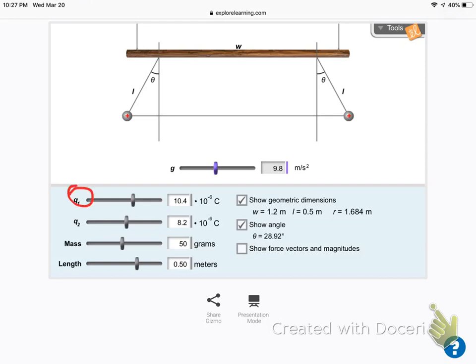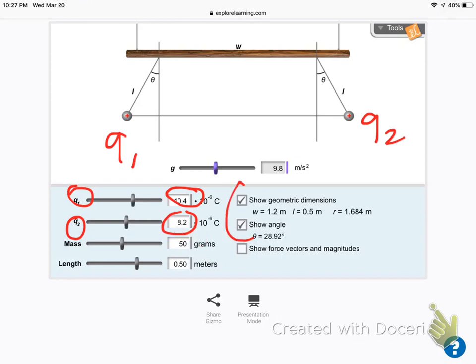So Q1 and Q2, these are the charges that are sitting on the two pith orbs. And we'll talk more about what that means, but basically there's an excess amount of electrons or a lack of electrons if they're positive charged. And so they're, in this case, repelling one another. So I have moved those sliders to two random numbers, and you'll write those down on your sheet. Those will not change from here on out. So whenever you move them to those numbers, you just keep on those numbers. This number, the mass number, will actually change in the lab, and I'll show you that here in a second.